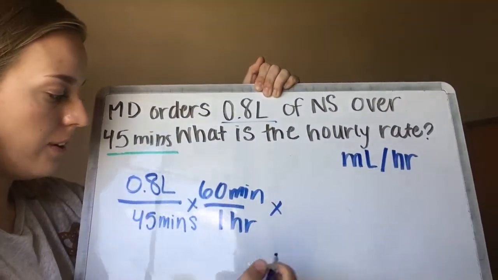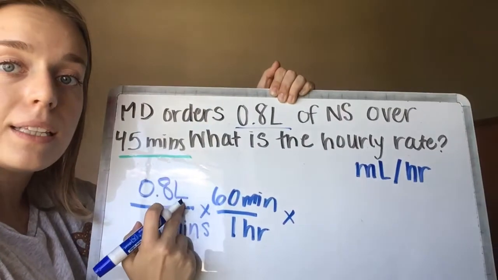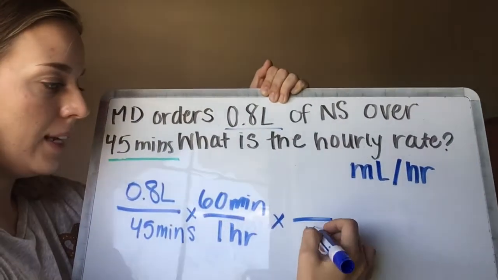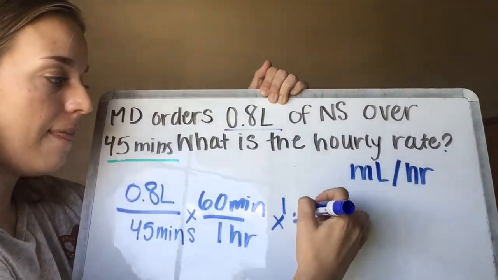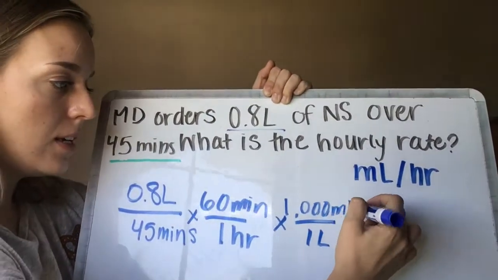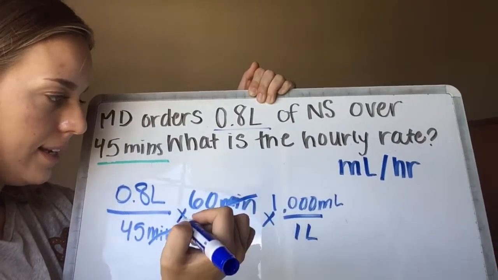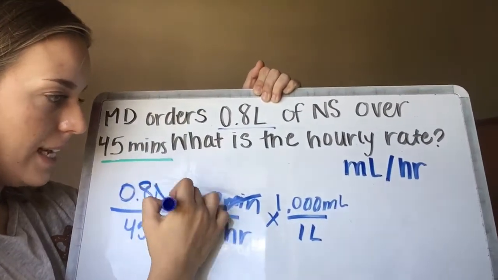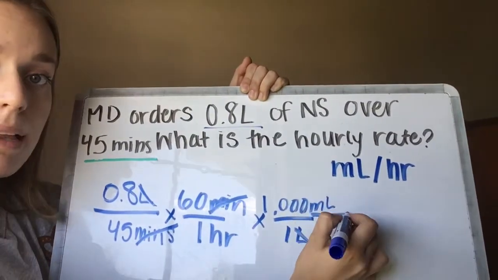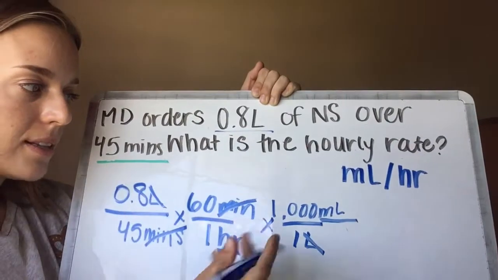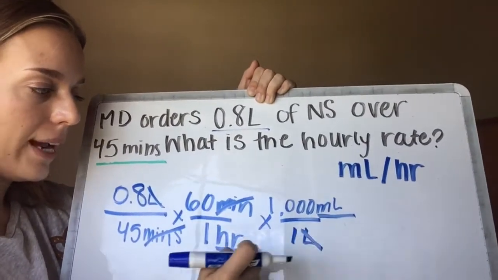We're going to have another conversion factor to get milliliters instead of liters. So we have to put liters on the bottom. In 1 liter, there's 1,000 milliliters. So now, if we've done this correctly, our minutes should cross out. Nice. And our liters should cross out, which leaves us with milliliters per hour. And now we're ready to solve. We know that we have the right